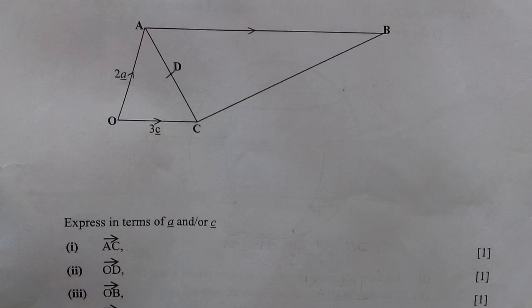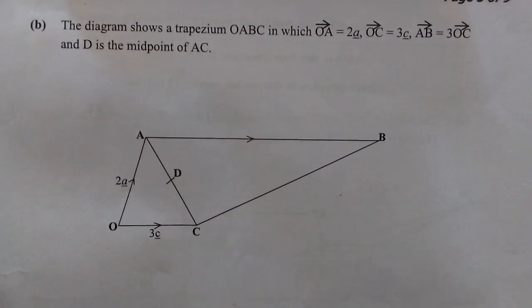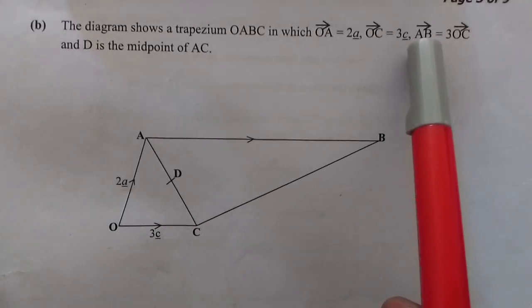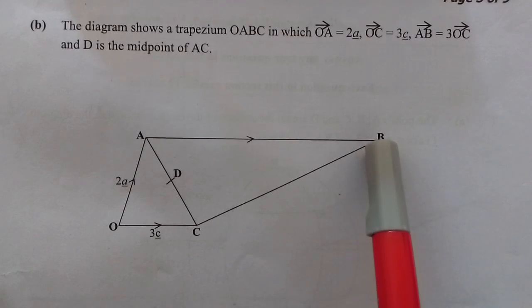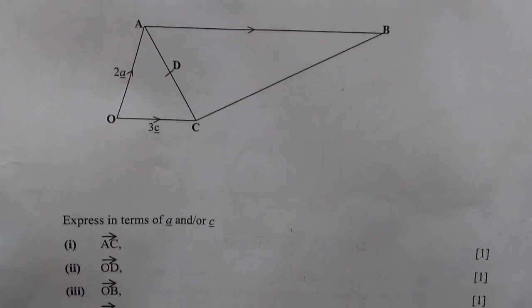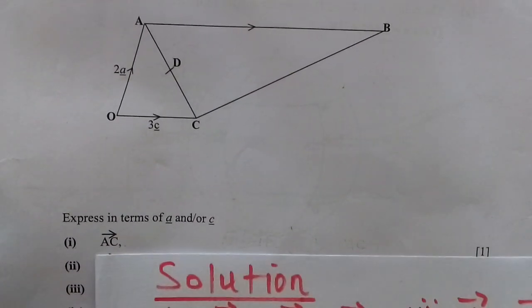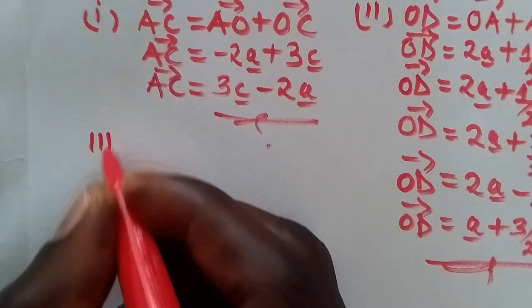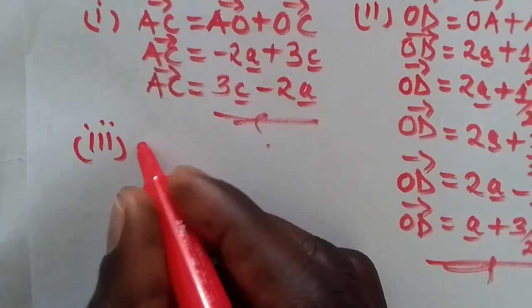From the information given for this question, it is given that vector AB is 3 times OC, and on OC, we've been given 3C here. So then, OB vector will be worked out as follows. So Roman numeral 3, OB vector